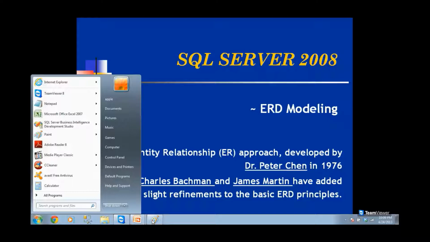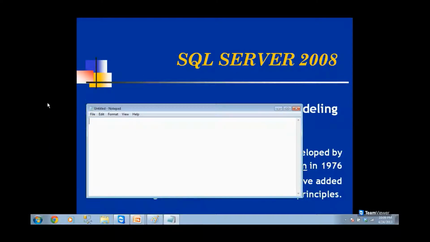The purpose of ERD is that it is used to understand and capture a given